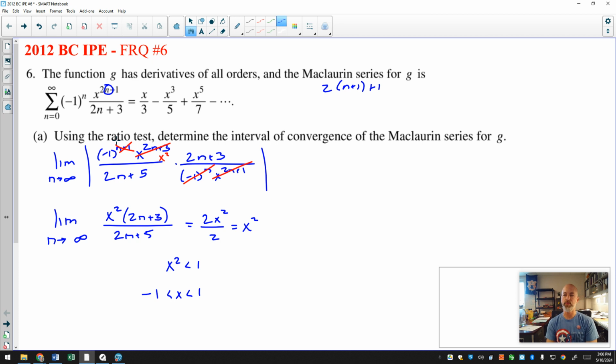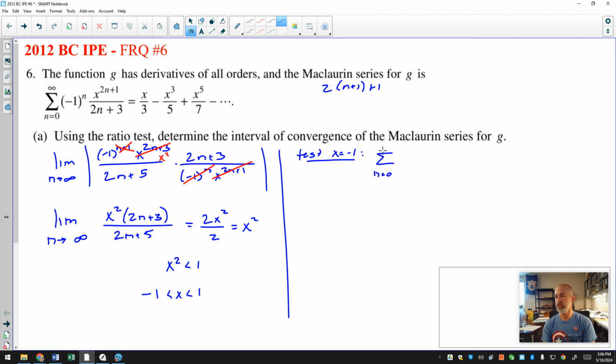But you have to remember that for the ratio test, if your limit is equal to 1, it is inconclusive. It does not tell you whether the series converges or diverges. So we have to manually test each of those endpoints on our own. Now I'm going to come over here and test my original series if x is -1. So if x is -1, I will have the series